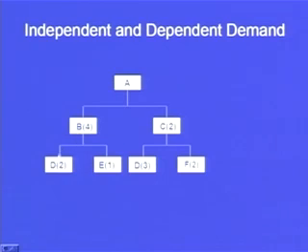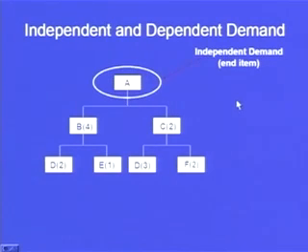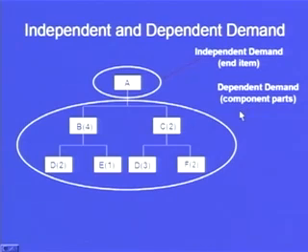Similarly, how will B be made? 2 parts of D and 1 part of E would be joined together to make B. Similarly, 3 parts of D and 2 parts of F will be joined together to make C. And finally, B and C will be joined together to make A. Now, this is the independent demand. As I have already told, the final product is the independent demand, that is the end item on your screen. And this is the dependent demand, that is, the component parts. Component parts add up to make the end item or final product.